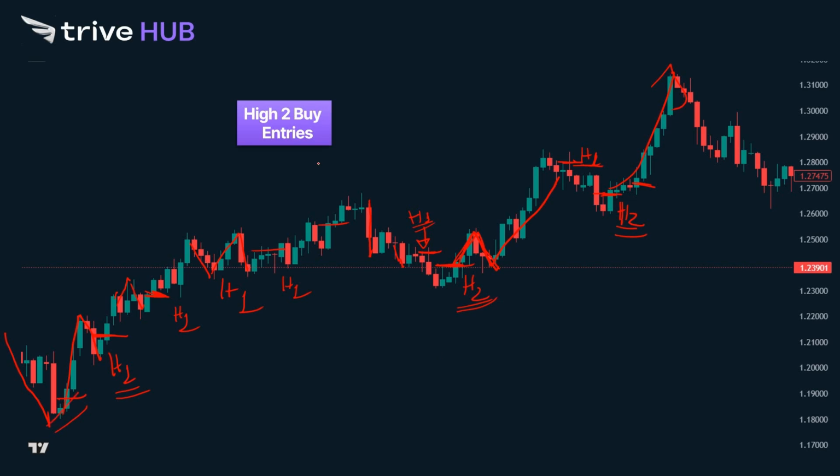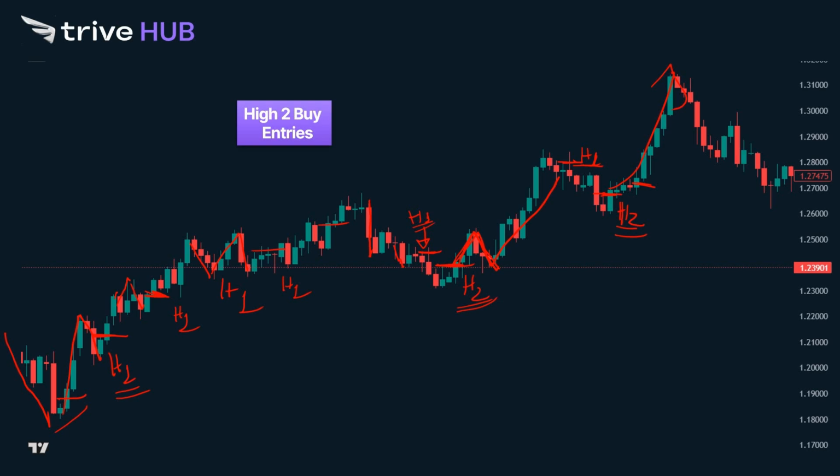We can say that one leg up overall on the higher time frame, a deep pullback, then second leg up. So there are waves within waves going on, trends within trends going on. You need to understand multi-time frame analysis, which we have covered in the previous video, to understand how the degrees of trends work. But initially you see we have 4 high 1 entries, then we have a deep pullback,